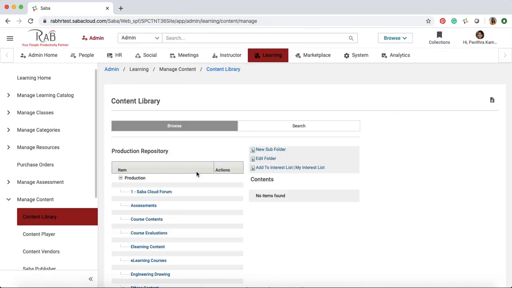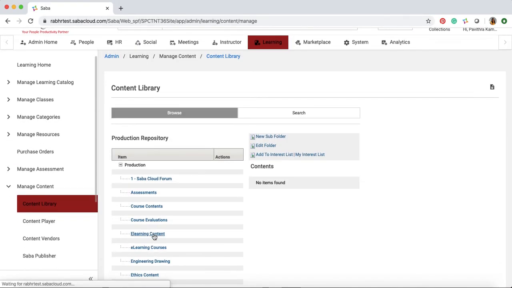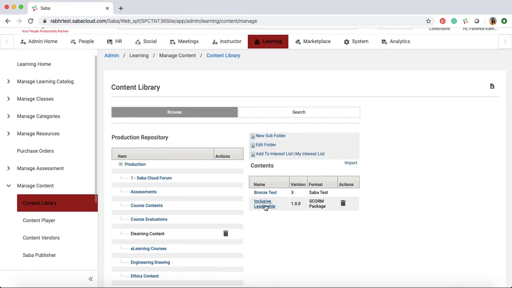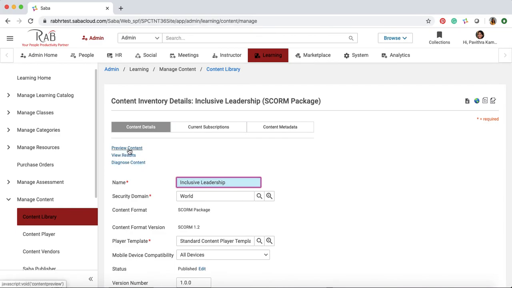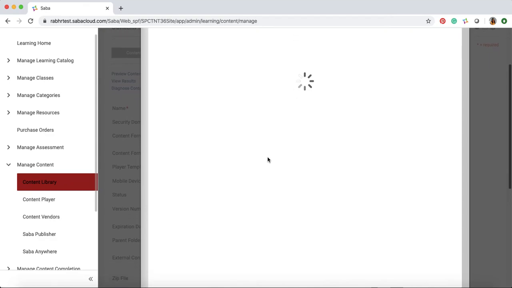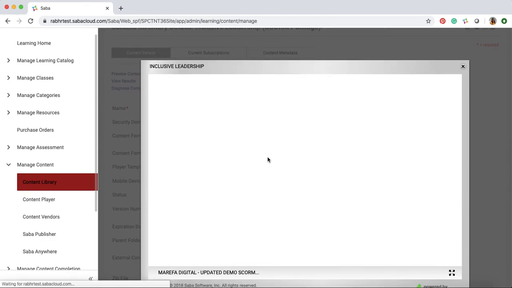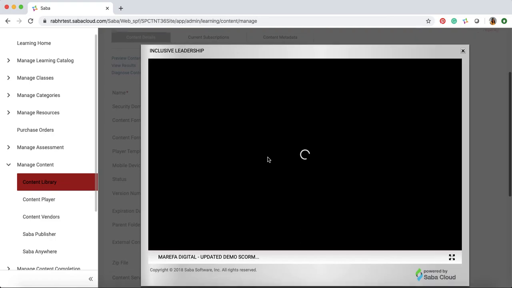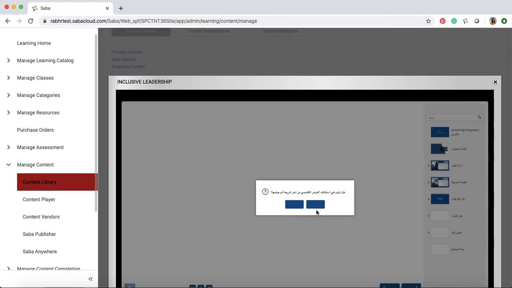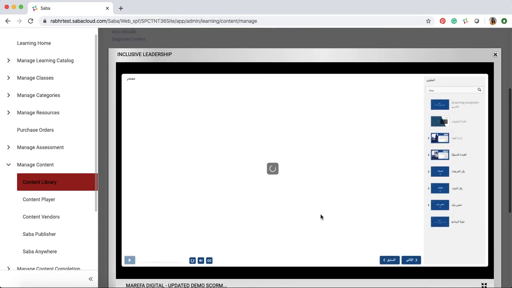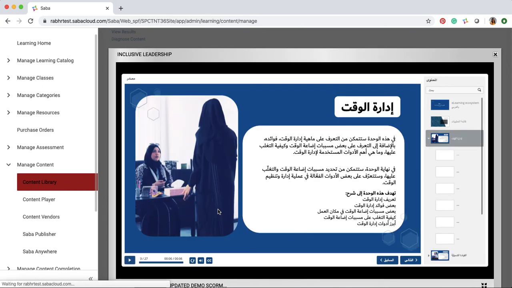Once the content is put into the content library, you can also preview it to see how it looks. I'm going to show you an example of how you can preview content. So you can preview the content. This is before assigning to learners. Based on your settings of how you've inputted it, you can preview your learning content. This is an example of e-learning content which has been put into the demo system.